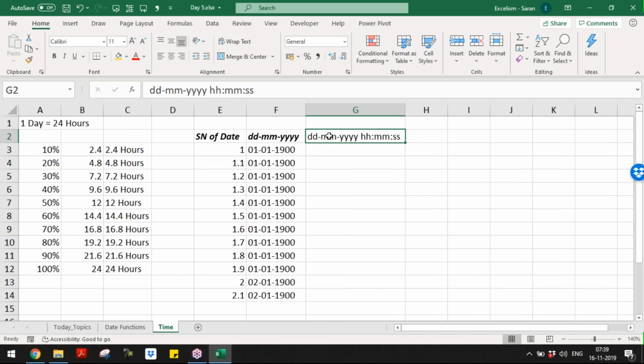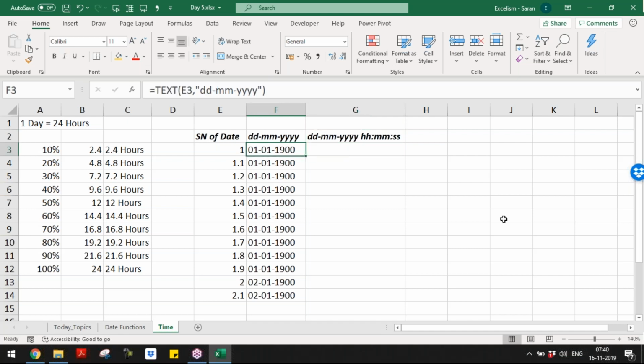This mm is for the months, this mm is for the minutes. So how does Excel understand that this is minutes? Because it has such a logic at the back end. When hours is there, after that it is considered as minutes, or when seconds is there, before that it is considered as minutes. Excel may also get confused with these two, but if you put it into a proper format, Excel considers it with the logical sense.